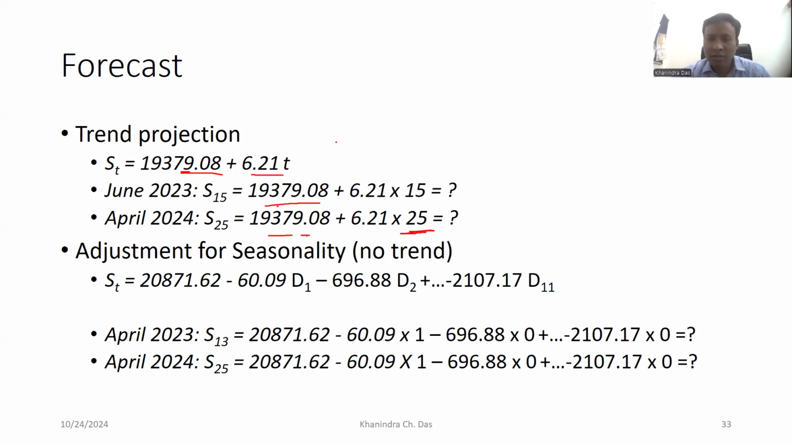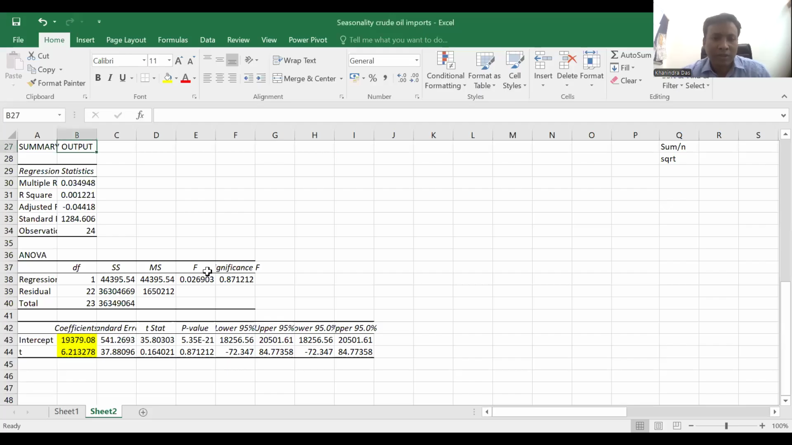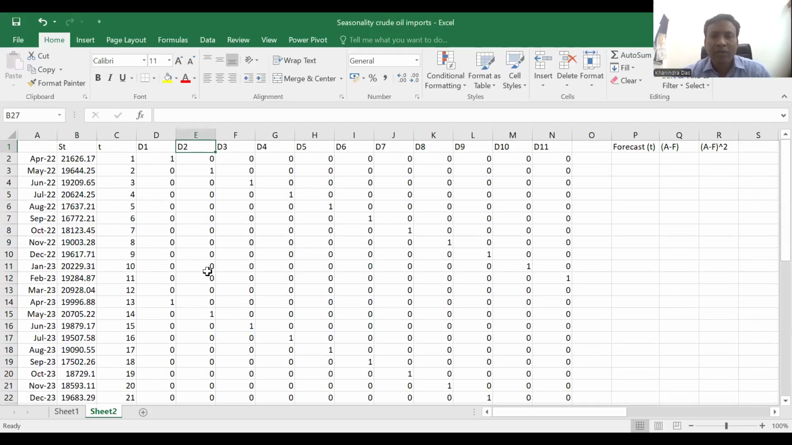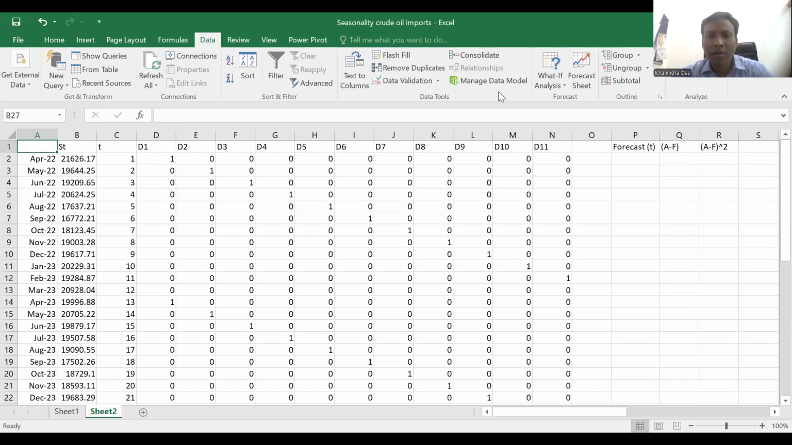Now let's do it with seasonal dummy. Let's go to the Excel again. This time we have dummy variables in the right hand side of the equation. So let's estimate this regression